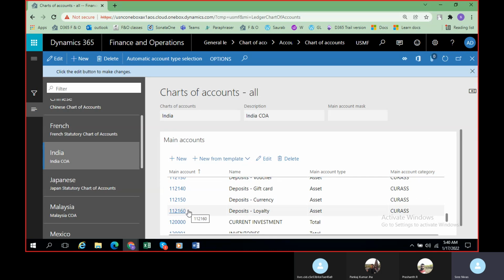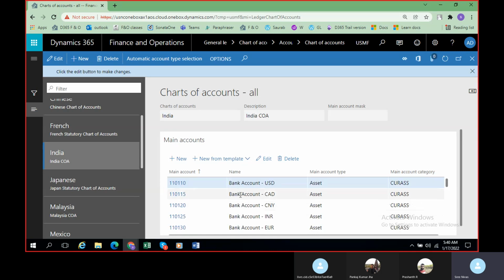So it will not be shown under here. So it will be difficult for you. That means all the accounts will get clumsy. It won't be serial wise. Then there is no point of creating the chart of accounts, right? What is the main purpose? Once you have a proper number series,